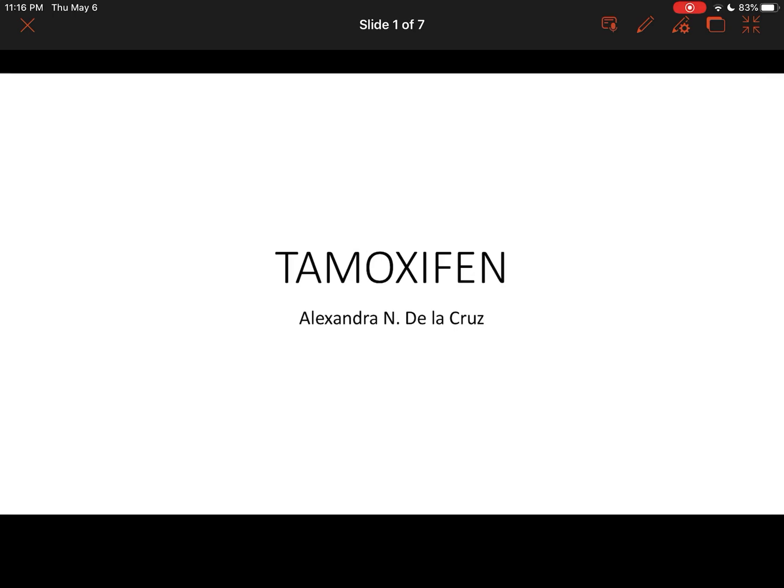My name is Alexandra de la Cruz, and the goal of this presentation is to learn about the mechanism of the specific drug called tamoxifen and how it is currently being used to treat cancer. Tamoxifen is a selective estrogen receptor modulator used to prevent breast cancer in women and treat breast cancer in women